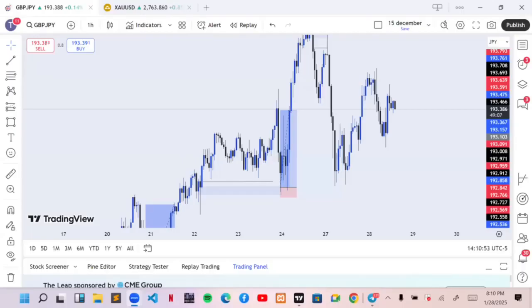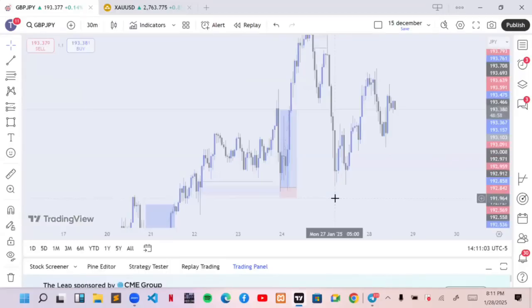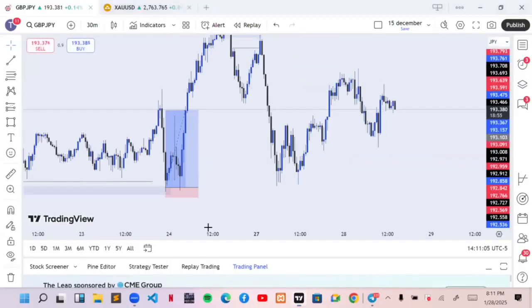Yeah, good. So this is actually the class that sums everything up. Now there is something that people still need to get a hang of. That is knowing the directional bias of the market before you start looking out for trades, before you start looking out for your structure shifts and your inducement. You first need to understand the direction that the market is going to. Don't just come out and start looking for a random structure shift, and understanding where market is heading to will give you a better